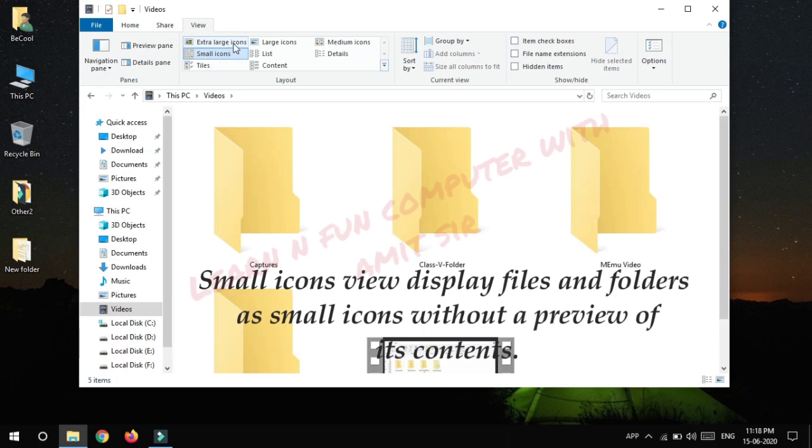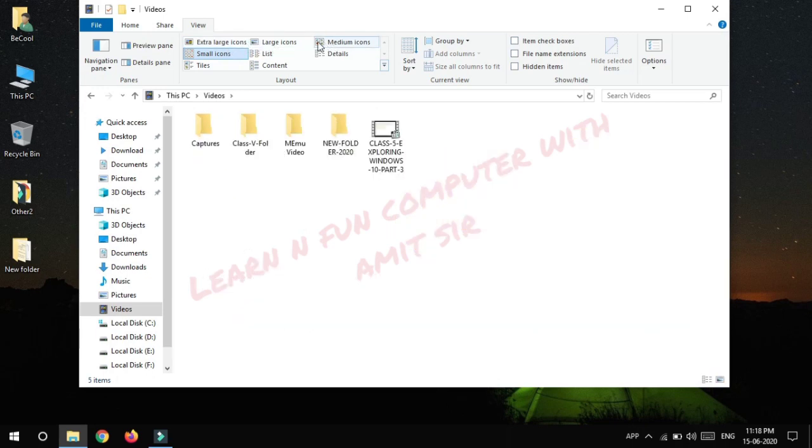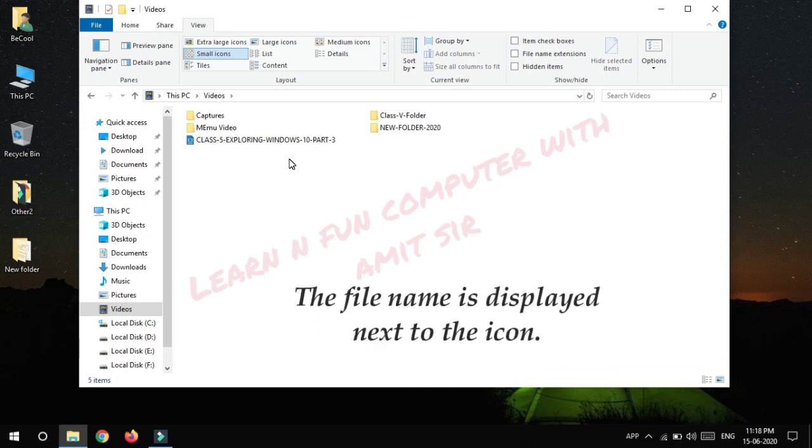Look, in the previous way you can see a little preview of the file or folder, but in this one you can't see a preview. In the small icons option, the file name is displayed next to the icon.